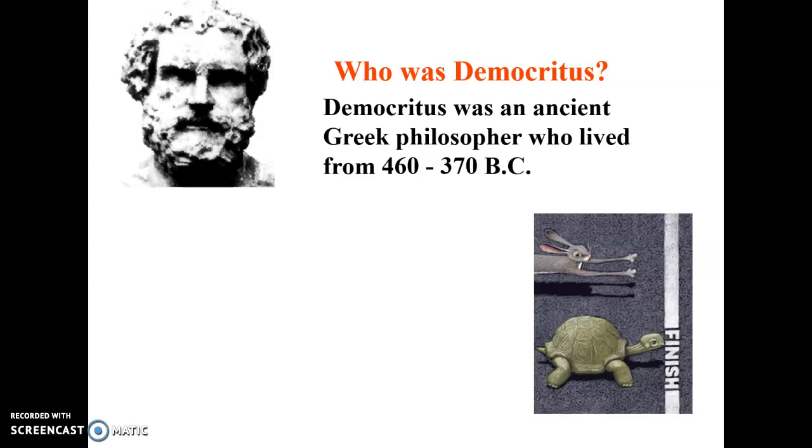He looked at what was going on around him, and at the time lived with people who believed that everything that was present in our world was based on four essential components. Either it was fire, it was water, it was air, or it was earth. He looked at that and went, now that's kind of strange. Those are good categories, but I can't see how you could put those things together and make different things.